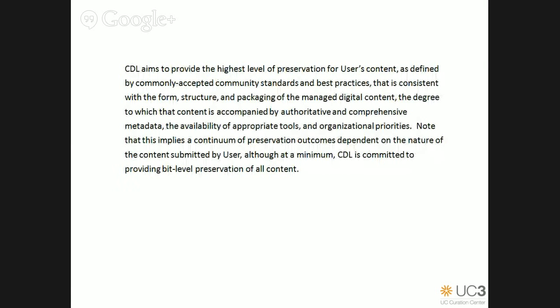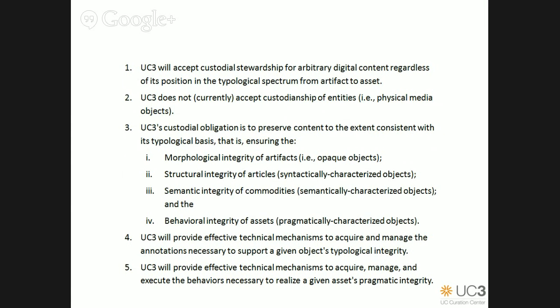As an example, I won't go through to read this. This is our old preservation policy at the CDL, and it's a fairly lengthy narrative, and it does more or less a good job, but we can translate this into this more unambiguous language of the SEP model. It's a little bit longer, but again, I think we've tried to squeeze out all the ambiguity, so it's very clear what we're prepared to do, and our customers have a very clear understanding of what their expectations should be.